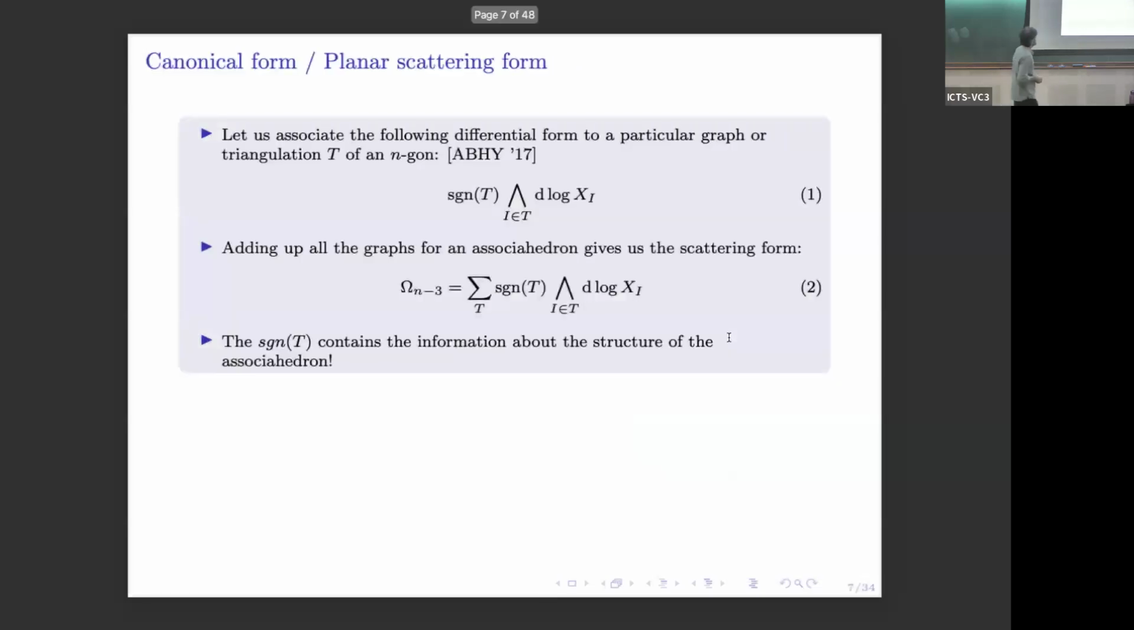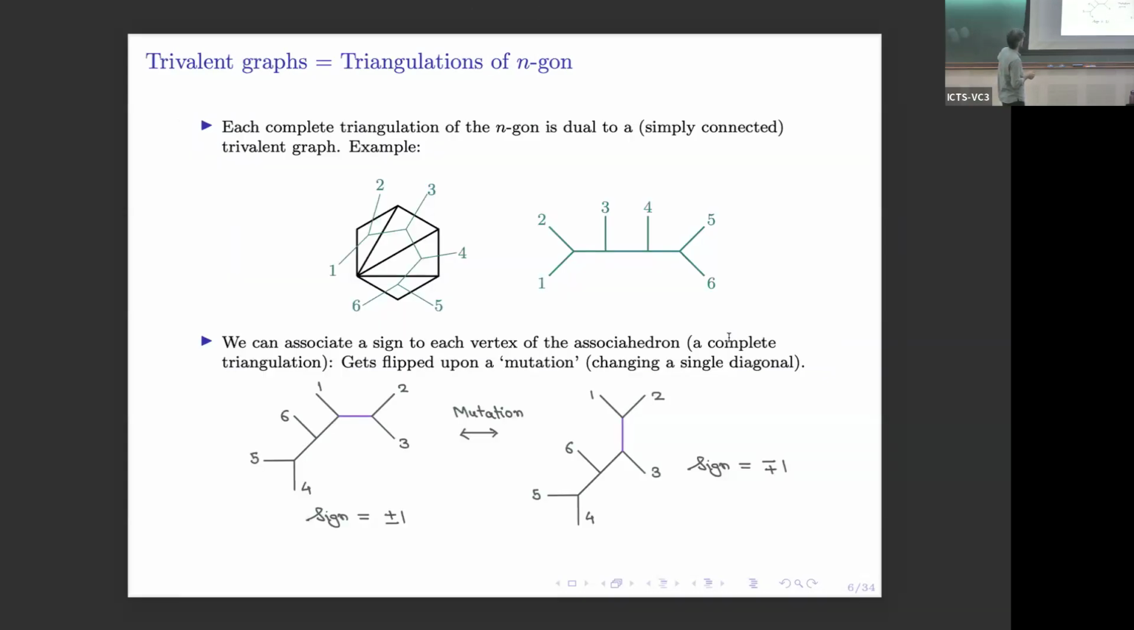Okay. So why do you care about sign? Because we want to define a scattering form or a canonical form, and this is how you'll define it. Let us associate the following differential form to a particular graph. Okay. So let's say we have this graph,